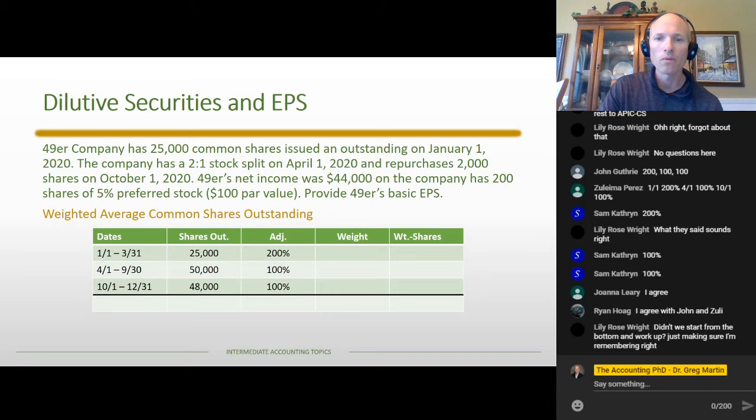And then the weight, hopefully that one's not too bad. Lily, didn't we start from the bottom and work up, just making sure? Yes, that is what we did. Now the way that I did it is,